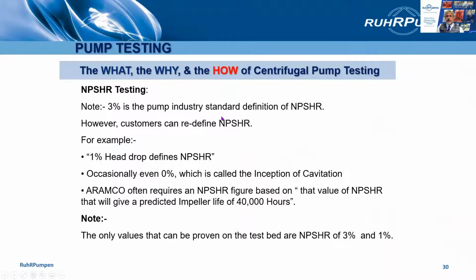3% is the pump industry standard for NPSHR, but some customers redefine it. It's well known. You could have a 1% head drop to define onset of cavitation. Occasionally, even 0%. I think ExxonMobil's specification has a 1% head drop. Aramco also, I think, has a 1% head drop as standard, but it also sometimes requires that